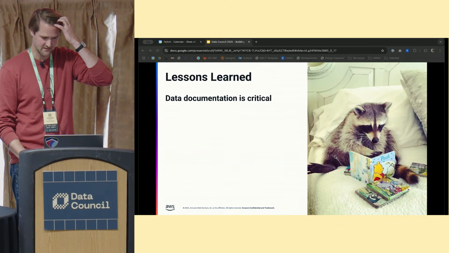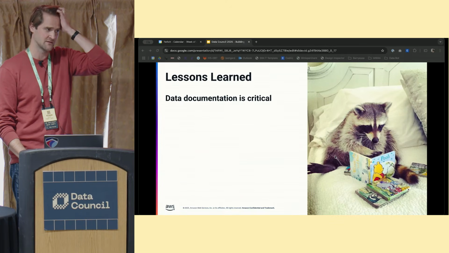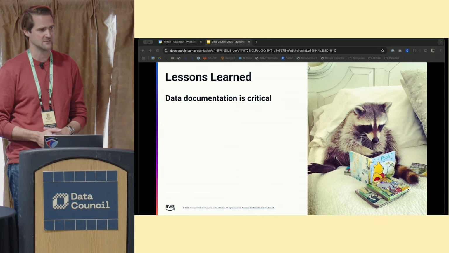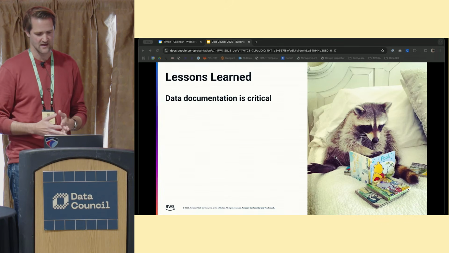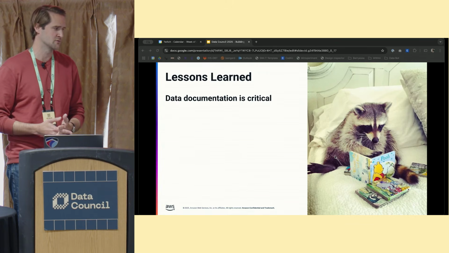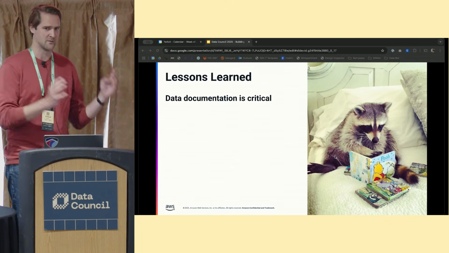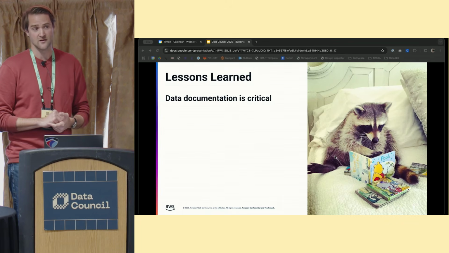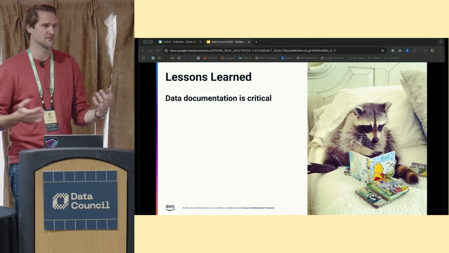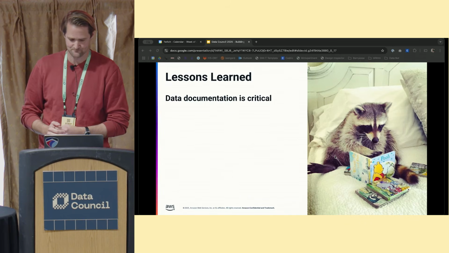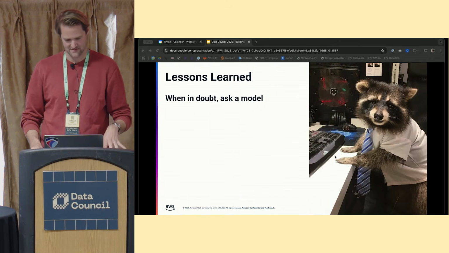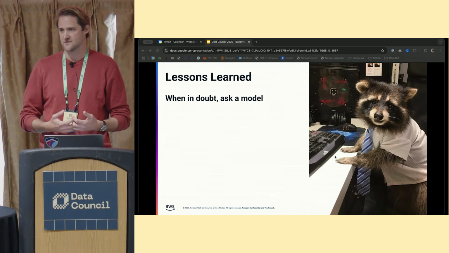So first, data documentation is critical. The long pole of work was actually documenting all our tables and schemas and writing examples. And it's crucial for the quality of the bot. I think this would be true no matter if you built it yourself or went with a vendor. It's really a garbage in, garbage out scenario. If a column name is ambiguous, if a human can't figure it out, then the bot's not going to either. So this is critical.